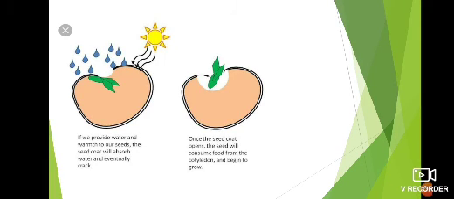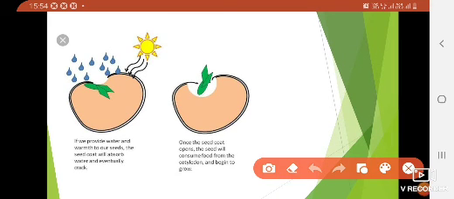So now we will discuss the necessary factors affecting germination. Here you can see that the sun is giving heat energy to the seed. The seed is receiving heat from the sun. And also there is the presence of water. Here the sun is giving heat energy and water is also present, and the water is absorbed by the seed coat, the outer part of the seed, as we discussed earlier.